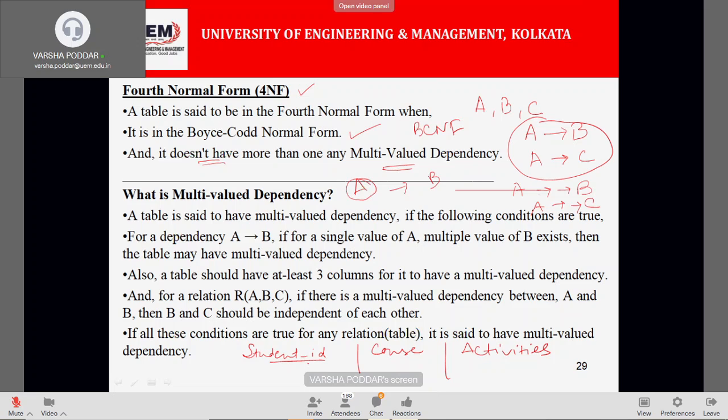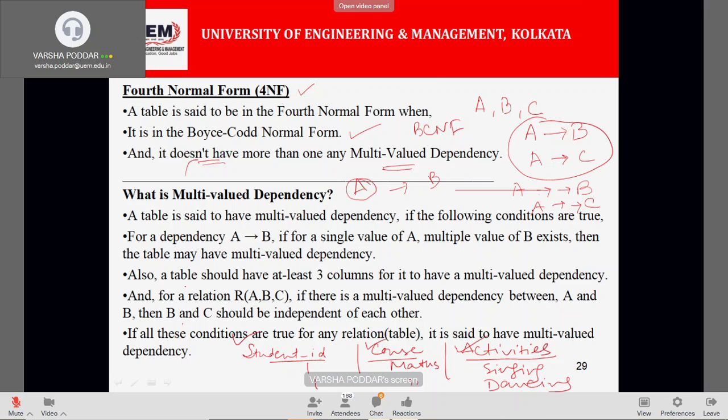Suppose student ID 1 is taking the course of, say, mathematics, any random course, and doing the activity of singing, and the same person is also doing the activity of dancing. That means by student ID only, I can search the value of course and the value of activity simultaneously.